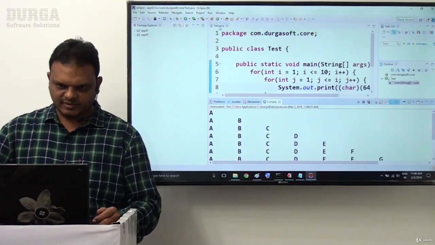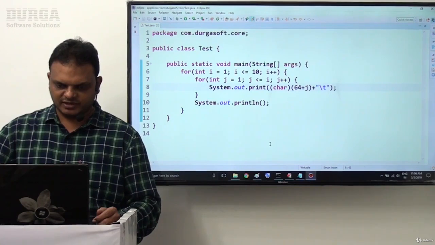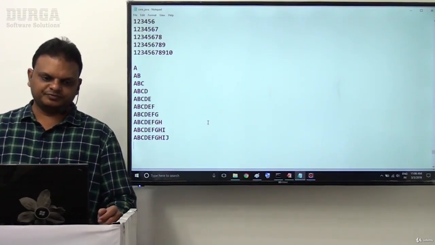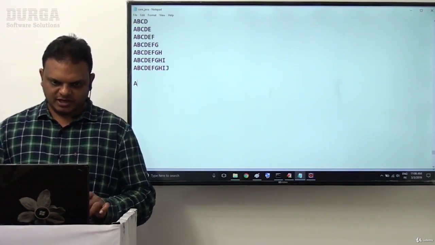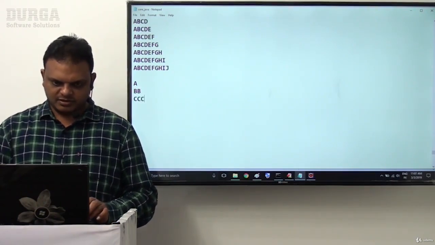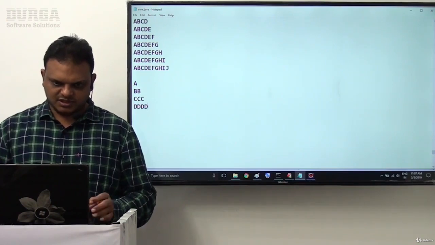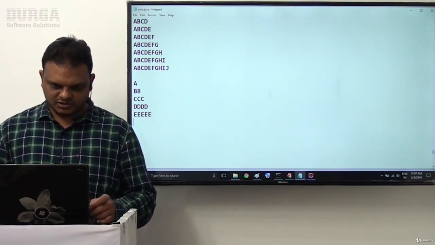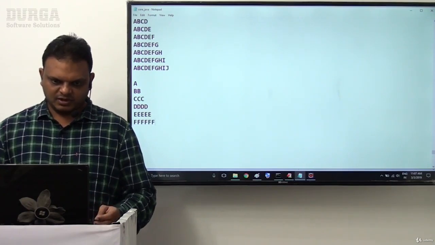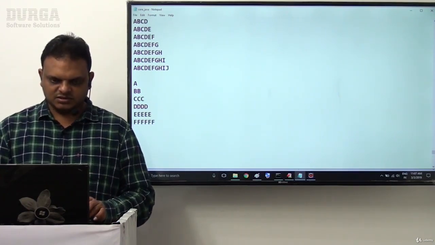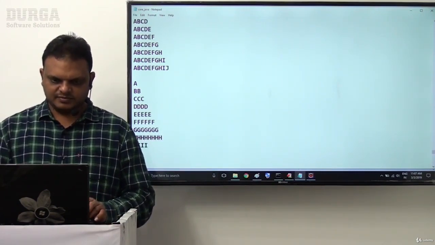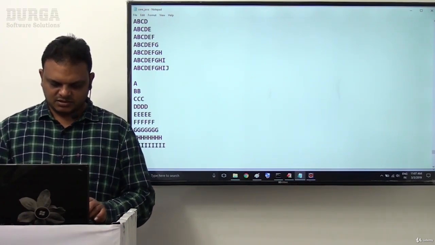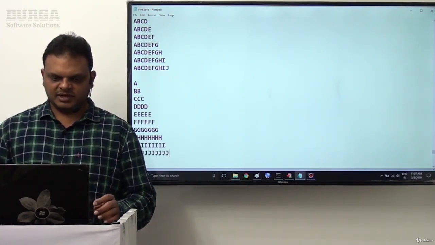This is exactly the pattern we are able to identify. Right, so next in the same example, what am I expecting? Now I want to display A, BB, CCC, DDDD 4 times, E 5 times, F 6 times, G 7 times, H 8 times, I 9 times, J 10 times.